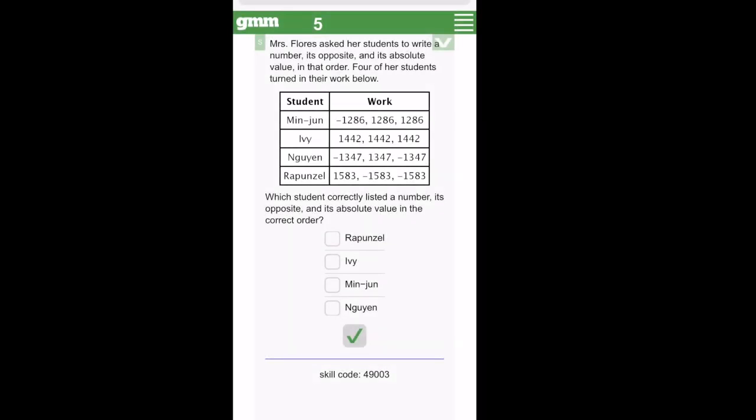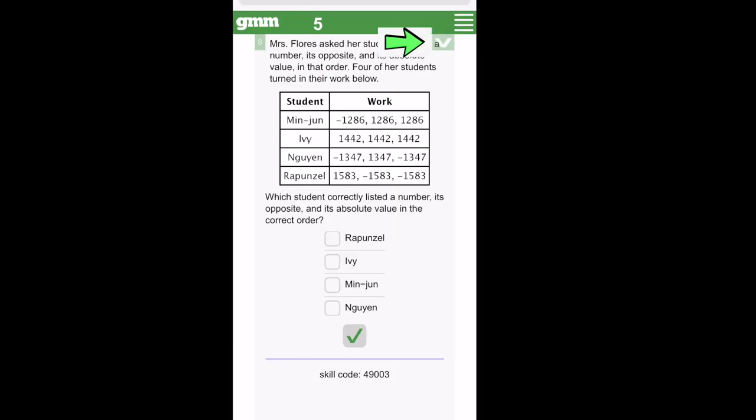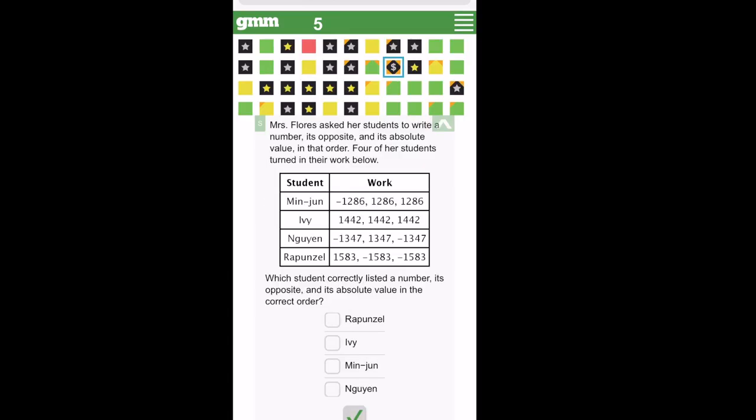Now let's examine what students may see if they're using a phone. Because of the small screen, there are a lot of differences. In the top green ribbon, students will only see the number of points they have earned today. If there is a yellow exclamation point, that means this problem cannot be answered to earn a point. To view the colored squares, they will have to expand the arrow on the side.